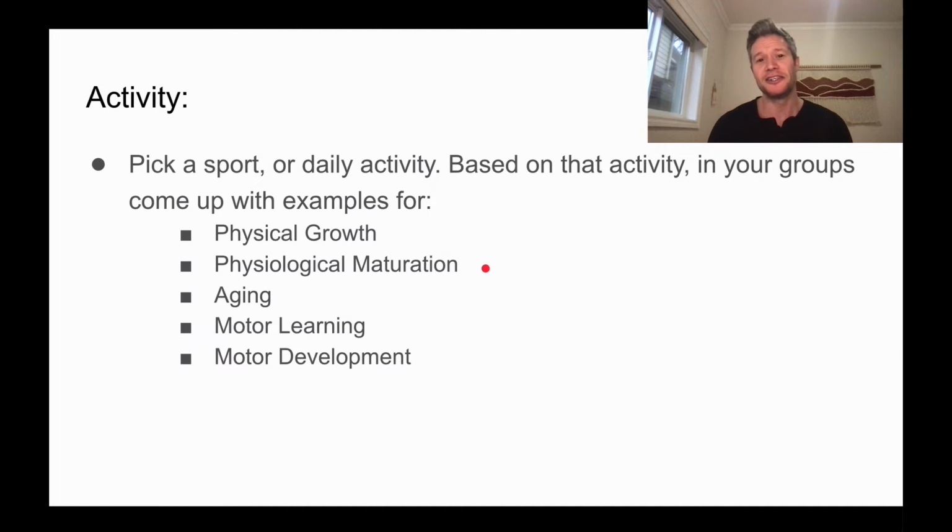Physiological maturation, I could use that same example. Aging would be something that is a bit more related to the process leading towards death. So we can think of an older adult in this example as far as daily activity, to use that aspect rather than just life. We would say someone whose physiological state, so let's say their knees are starting to get a little bit more painful with age. They're deteriorating due to osteoarthritis, and therefore their daily activities would be affected by aging because they couldn't move as